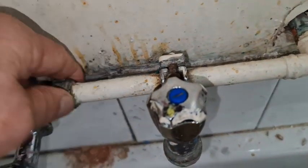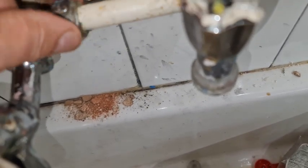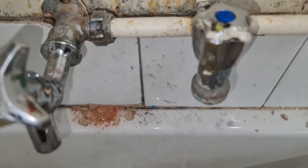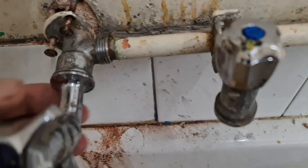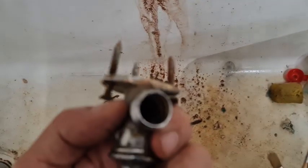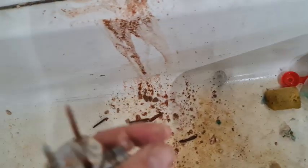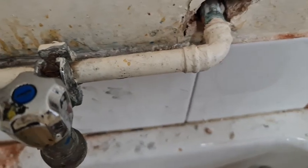It wasn't good, was it? So. Okay, take him off. Okay, so I've took that off and just show you. I can't see any bush in that. Oh, is it on there? No, there's nothing on there. Okay, let's